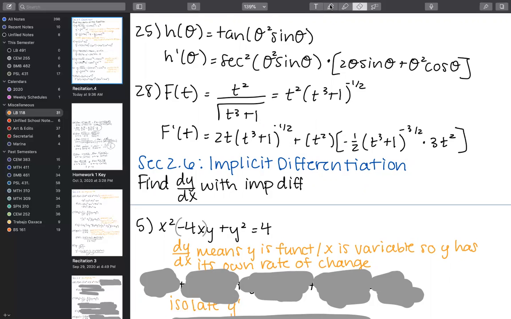So I kind of want to point these out one more time so we can start to identify these. This whole derivative uses the product rule. This is the first aspect, the derivative of the first times the second. This is the second aspect, the first times the derivative of the second. So within that, we are going to use the power rule to find this derivative here. And then we're also going to use the chain rule to find the derivative of what's on the inside. So those are the three aspects of the function.